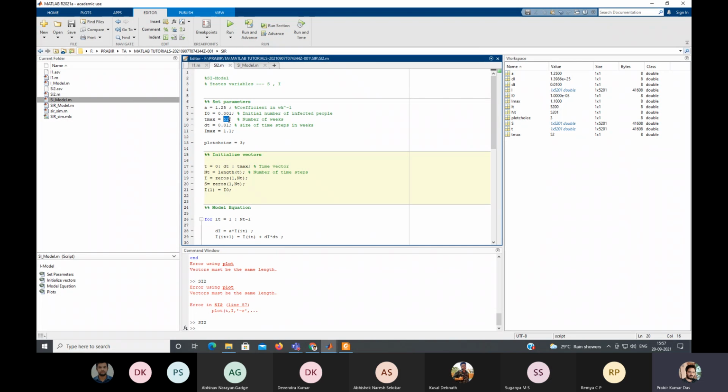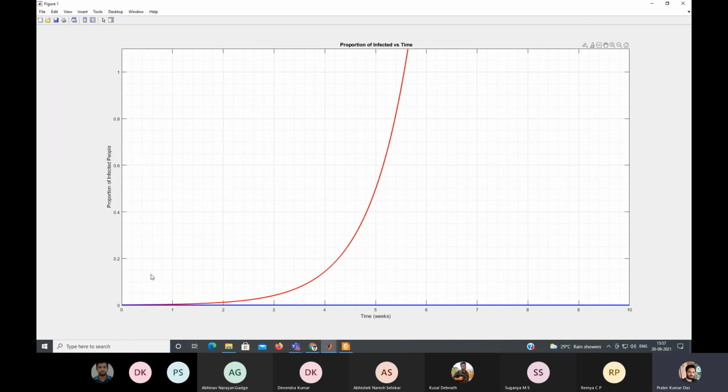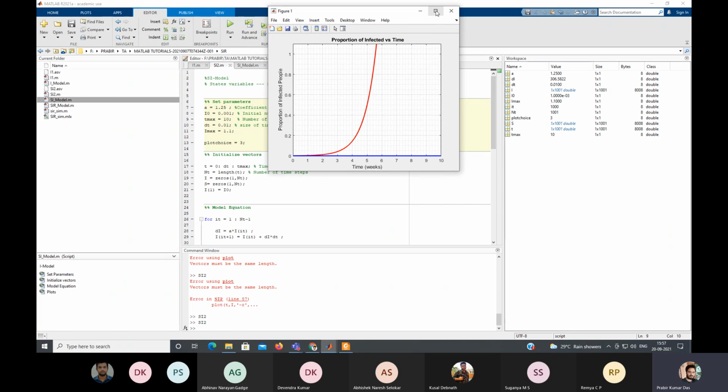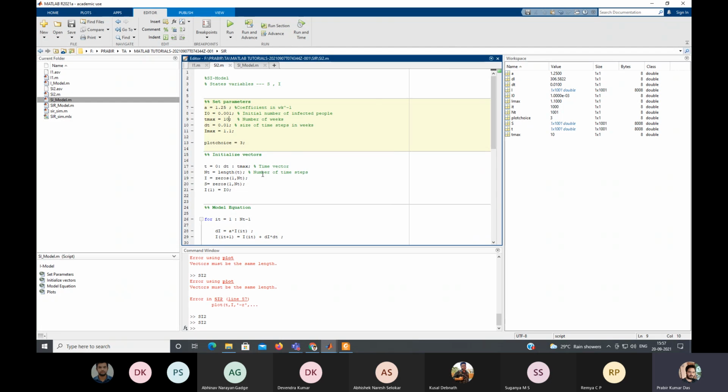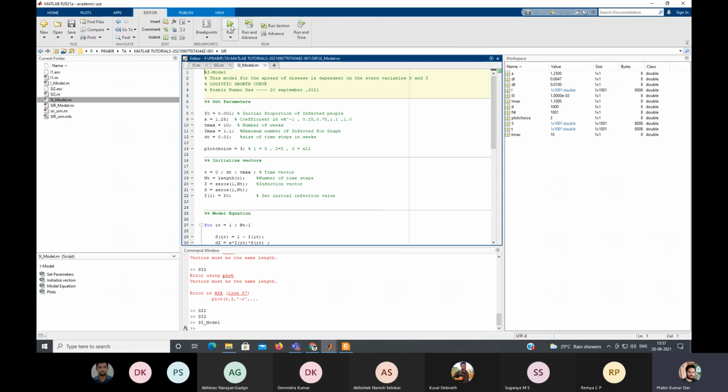So this will make it 10. So now it is giving this result. So this is our second equation, and if we run this model,